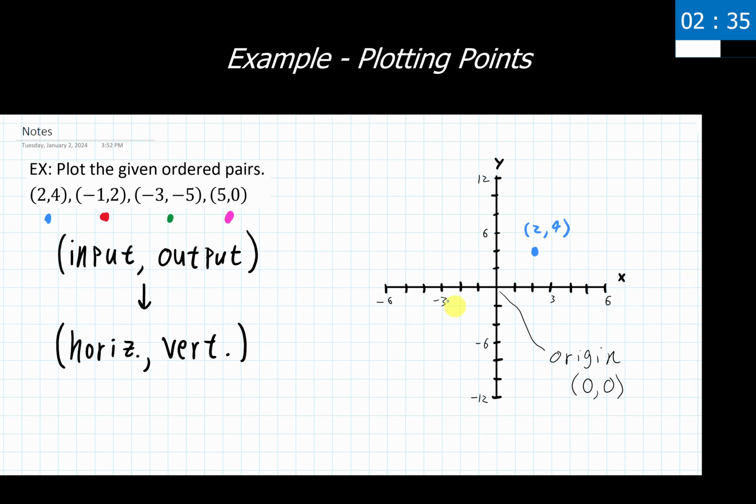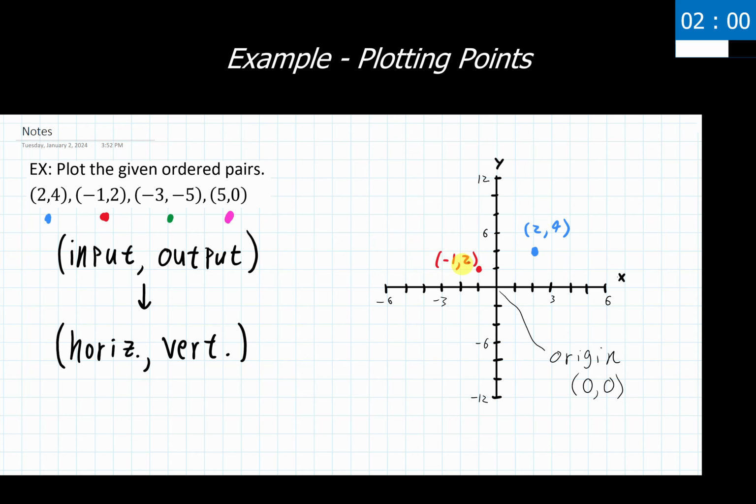As soon as you have differing axes and different scalings, that's when it can get a little tricky, so make sure you're tracking that. So we're working with our second one, negative 1, 2. Again, starting at the origin, I'm going negative 1 in the horizontal direction, so I'm going over by 1 here. And then I'm going 2 in the vertical direction positively, so I'm coming over 1, going up by 2. Remember, our axis is counting by 2's here. So I have the point negative 1, 2.